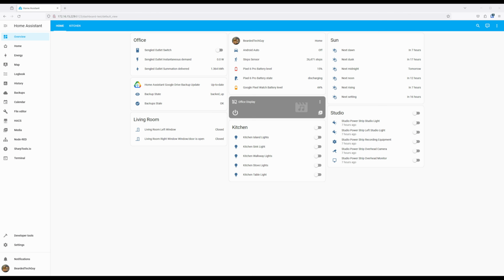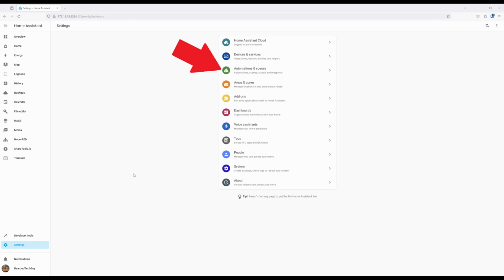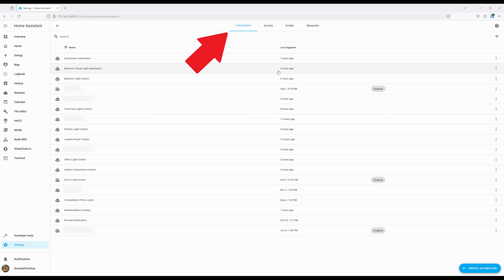The first way to do automations on Home Assistant that we will be taking a look at is with the built-in automation editor. Nothing special is needed, and it's ready to go right with your installation of Home Assistant. To access the automation editor, navigate to Settings, Automations and Scenes, and then make sure you have automations selected on